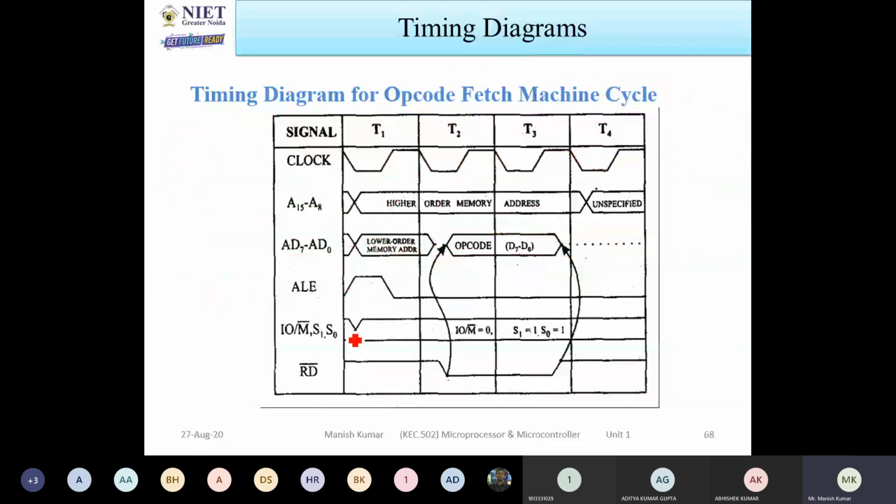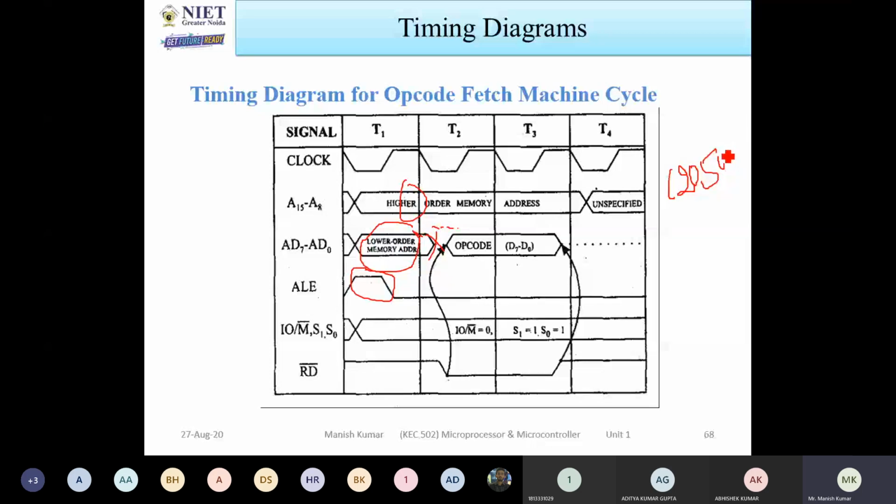Now you can see ALE equal to 1 is in the first clock cycle. So this bus is ended up to this. But between this, it is in a tri-state mode. I don't know the value. With this and with this, you can combine these two and get the 16-bit address. Let us consider the 16-bit address is 2050H. This address I am getting.